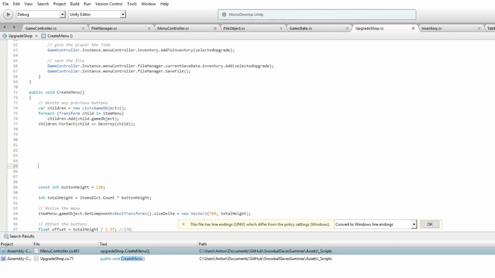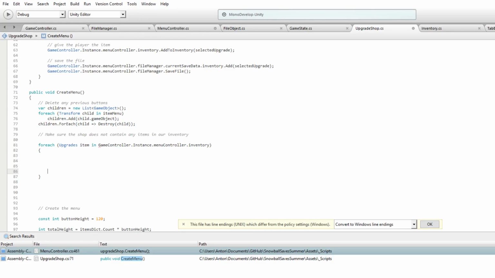Okay, so we want to do this right here. This will create the menu. But what we want to do right here is make sure the shop does not contain any items in our inventory. So we're going to, for each upgrade item in GameController.instance.menuController.inventory, we're going to do